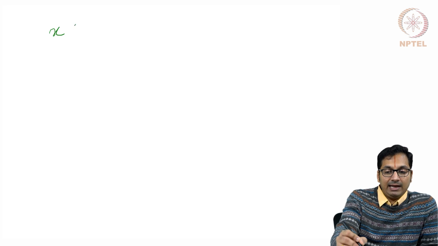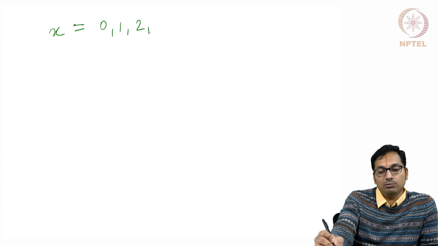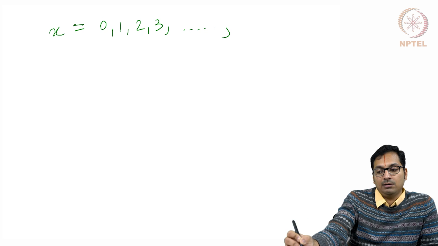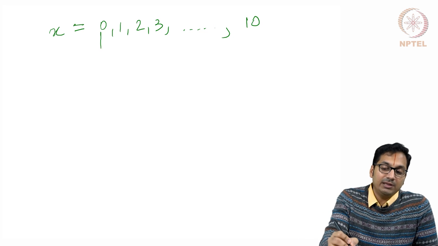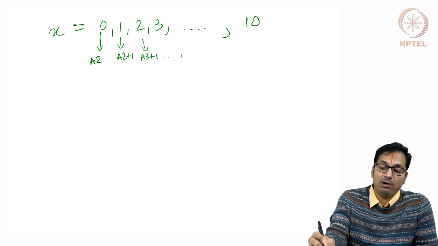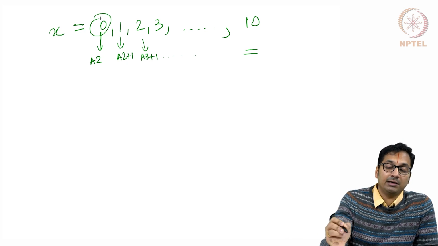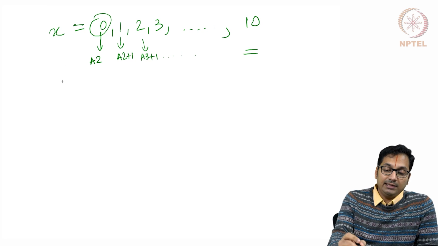Just the way we said, x can be defined as a variable. Let us say you want to have 0, 1, 2, 3, and so on up to 10, so 11 different numbers. In a spreadsheet, what we will end up doing, this will be in the first row, and you can always say, let us say it is in row A2, you can always say A2 plus 1, and this will be A3 plus 1, and so on, so that these numbers can be auto generated the moment you give the first value.